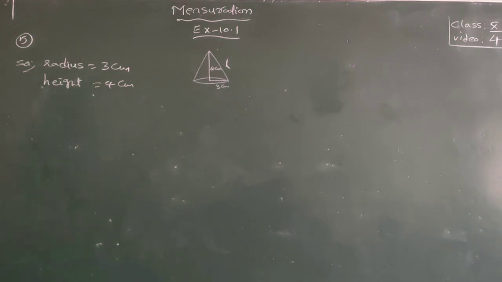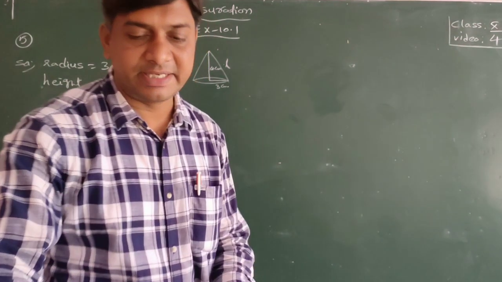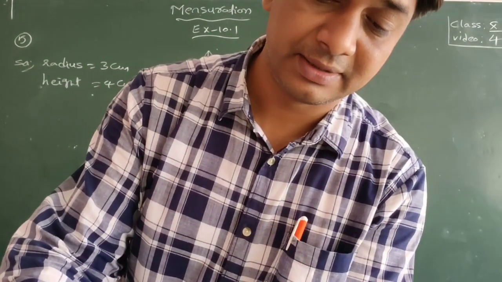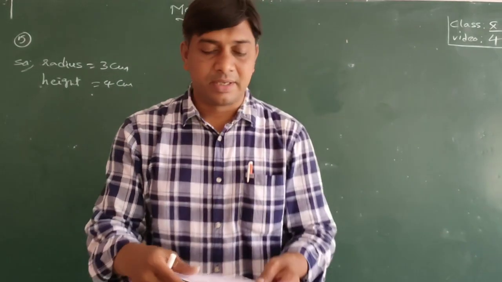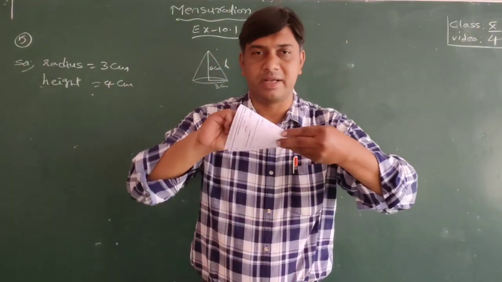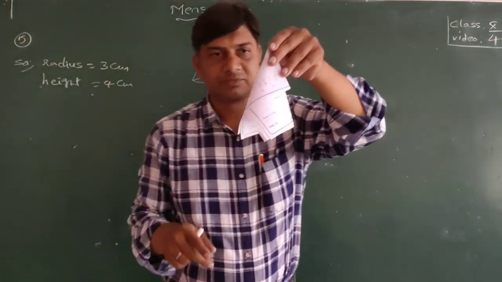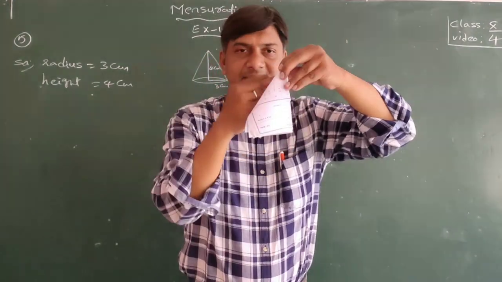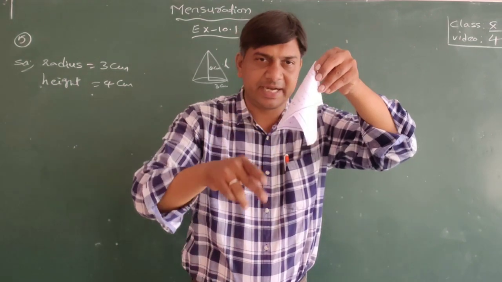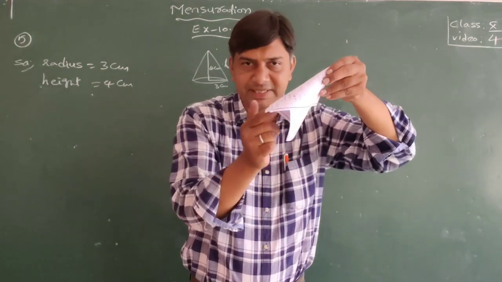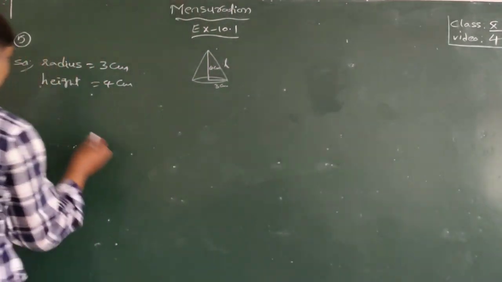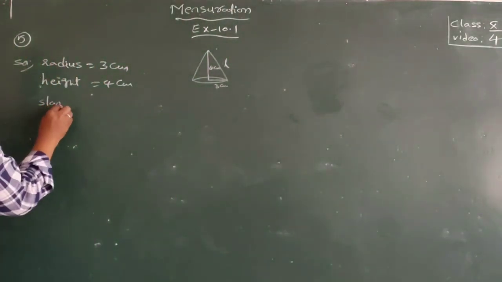See why we have to find out this slant height. A joker cap is made in the shape of a cone. So the material required to make the cap is CSA. CSA means slant height into semi circumference of the base. Pi R L formula. So slant height is equal to